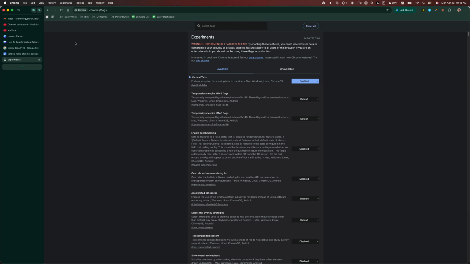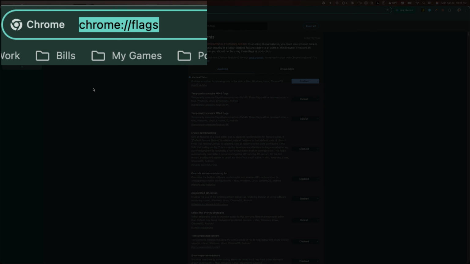First and foremost, open up Chrome. Make sure you have the most recent version installed on your machine. If you see an update or relaunch in the upper right-hand corner, you'll just click on that. Make sure you have the most recent version of Chrome installed. Once you do that, you want to go to this URL here,